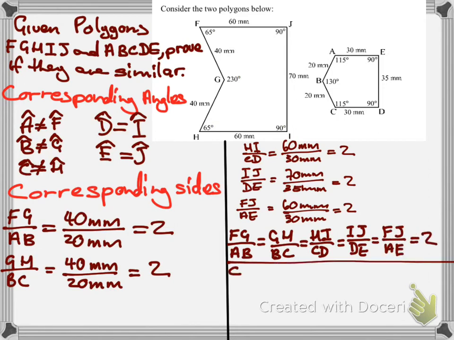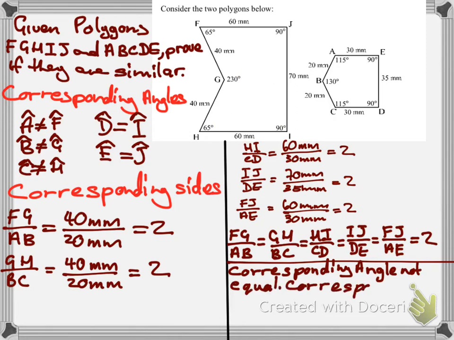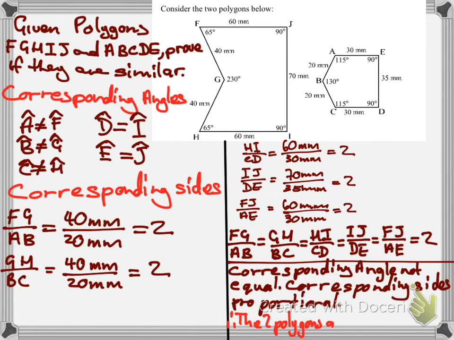So we have to write down our findings. Corresponding angles are not equal, right? So one condition is not met. And then corresponding sides are proportional. So since one condition is not satisfied, we have to conclude that the two polygons are not similar because they do not satisfy both conditions for similarity. Can you see that? Let's move on to another